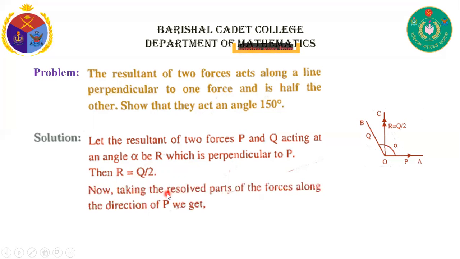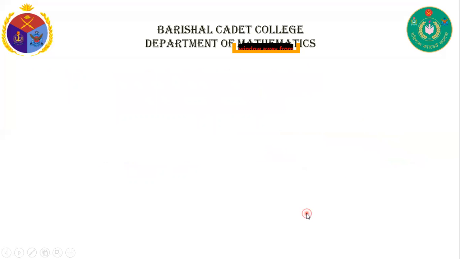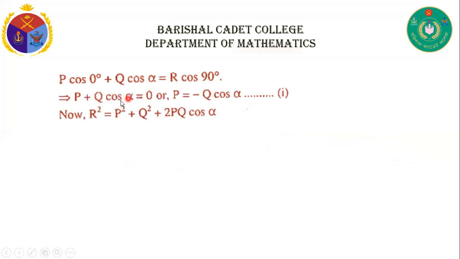Now taking the resolved parts of the forces along the direction of P, the resolved part is P cos 0, since the angle of the P force with P is 0, that is P cos 0 plus Q cos alpha plus R cos 90 degrees. So from this we see that P plus Q cos alpha equals 0,